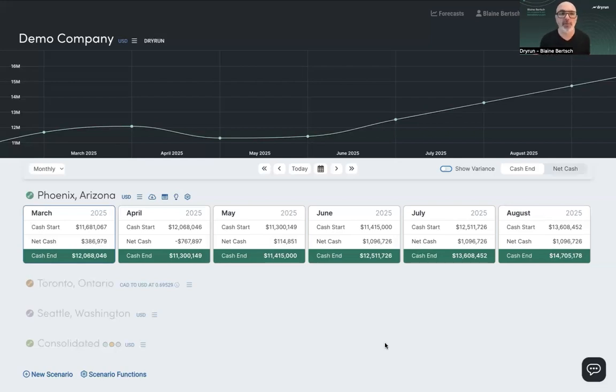Just to give you a bit of an overview of what you're looking at here, this would be a typical Dryrun forecast, and Dryrun is scenario based. And so right now you're looking at just a single scenario in Dryrun, a single location. And right now we're also in monthly view. So if I start to look at this scenario in a little bit more detail,